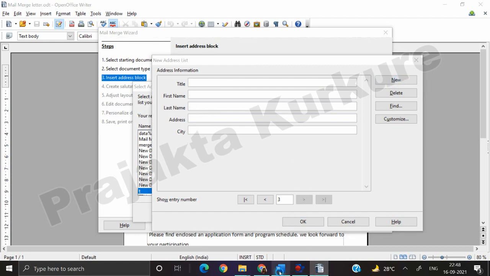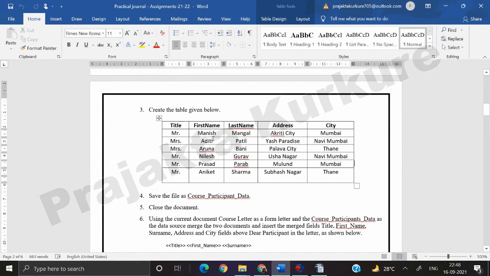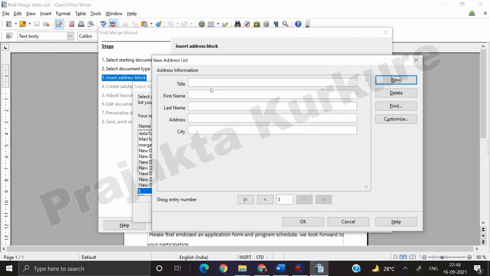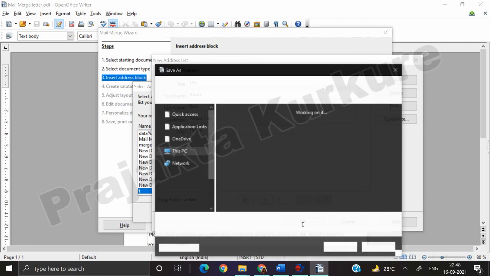So likewise you will fill all the records. Right now I am filling till the third record. Once you are done with all the records, you can click on the OK option.